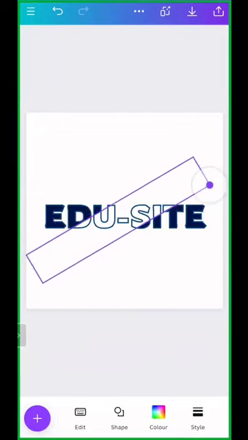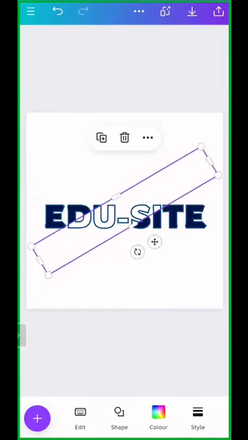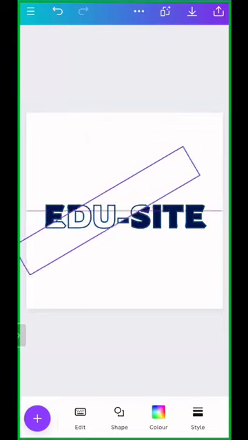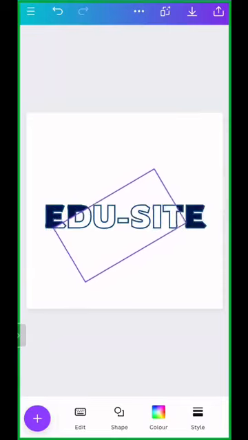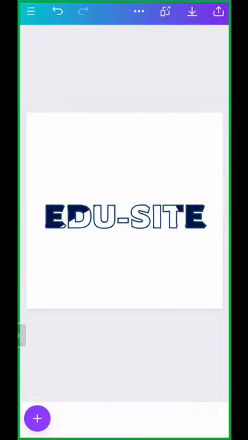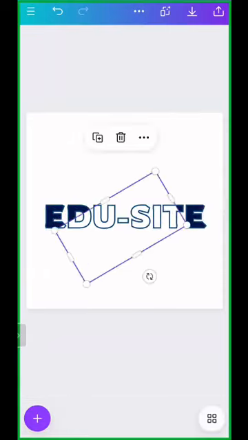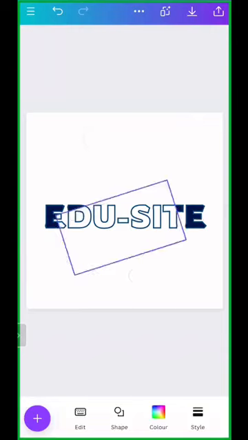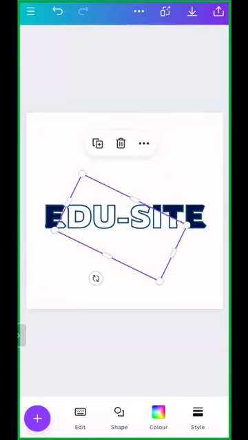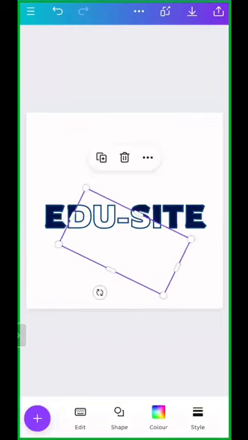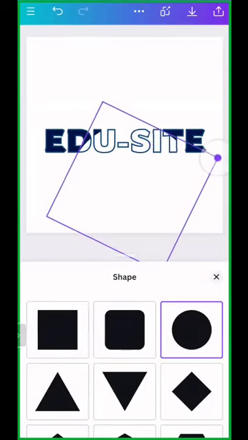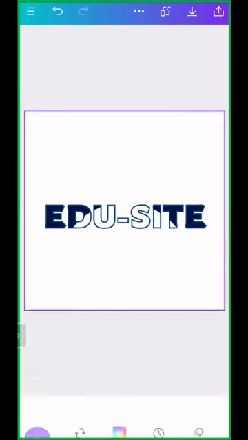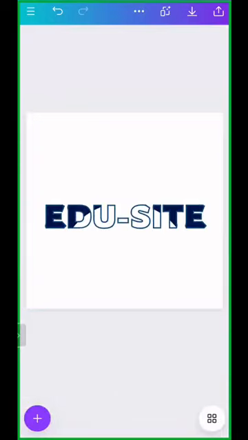This is one way of doing things. Can you all please type yes if you have done it along with me? By now, probably you all have created at least 5 to 6 logos, right? So for example, I want to change this shape. Move to the shape and make it round. If you want to give it a round shape, for example, from here to here, you can just give it a round shape. That's all. It's done, sisters and brothers. Whichever way you want, you can do it.